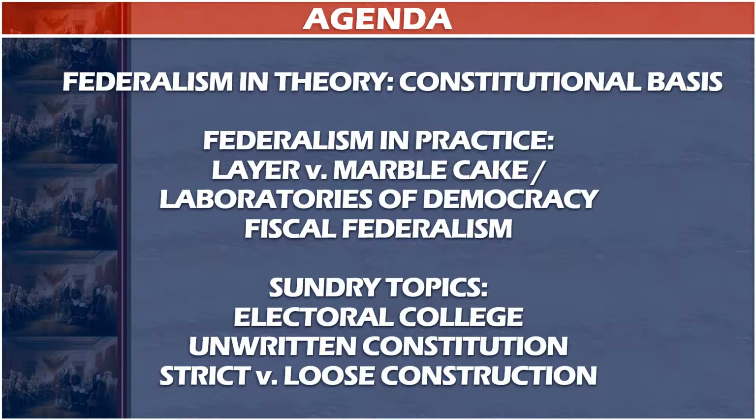The first is the Electoral College, and particularly how the Electoral College gives states more power than it does individual voters by allocating electoral votes by state. Next, we're going to look at the unwritten Constitution, the parts of the Constitution that are taken by tradition to be constitutional, but are not in the written text of the Constitution. And finally, the necessary and proper clause, which is the strict versus loose construction, which are two different ways of interpreting the Constitution, literally or within the context of their times. So let's begin looking at